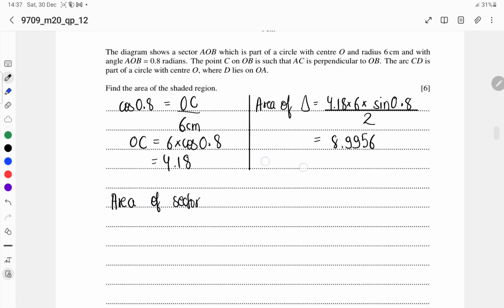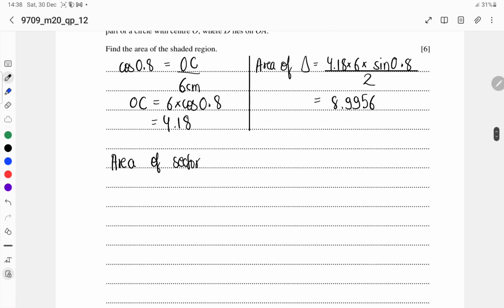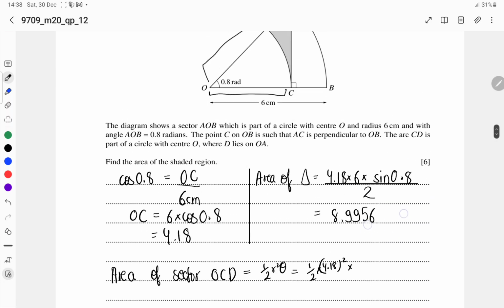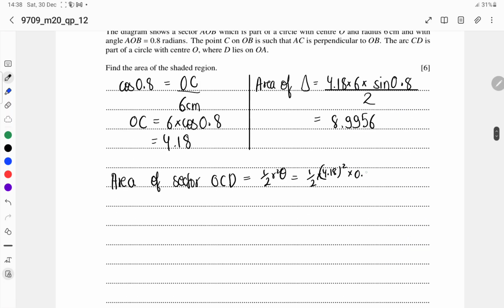What's the name of the sector? It's OCD. The area of sector OCD is going to be equal to half r squared theta. The radius is 4.18, so half times 4.18 squared, and theta is 0.8 radians, so we multiply it by 0.8. So what we are going to get is 1/2 multiplied by 4.18 squared into 0.8, and this is simply going to be equal to